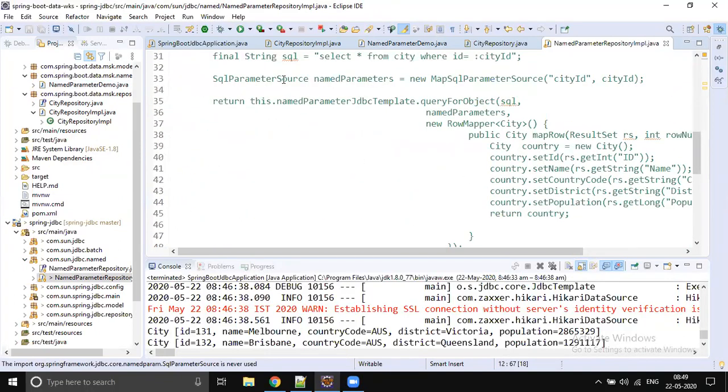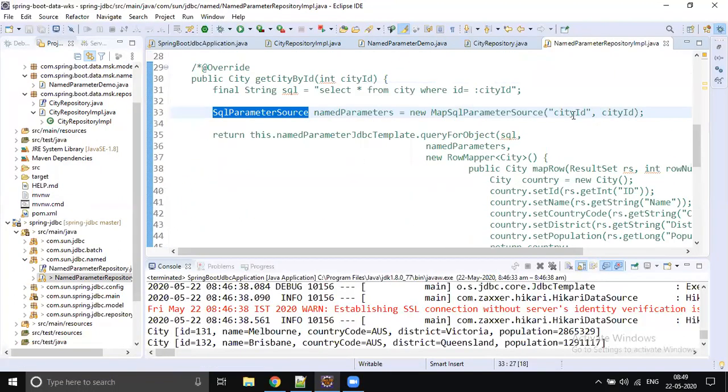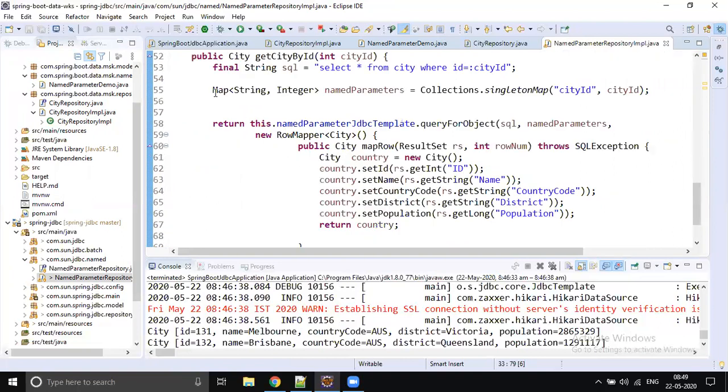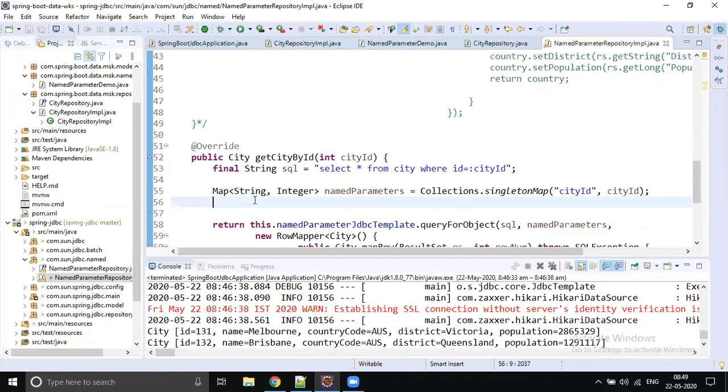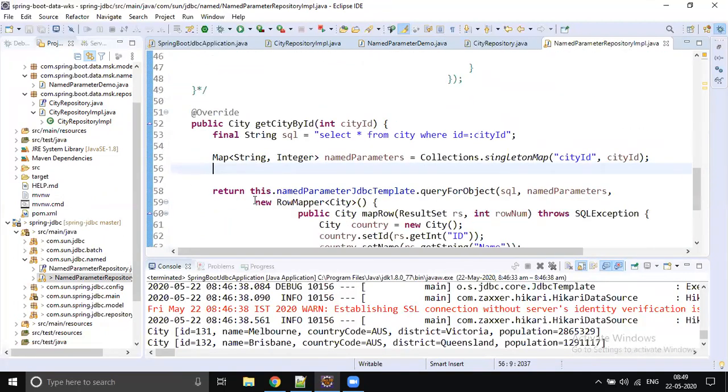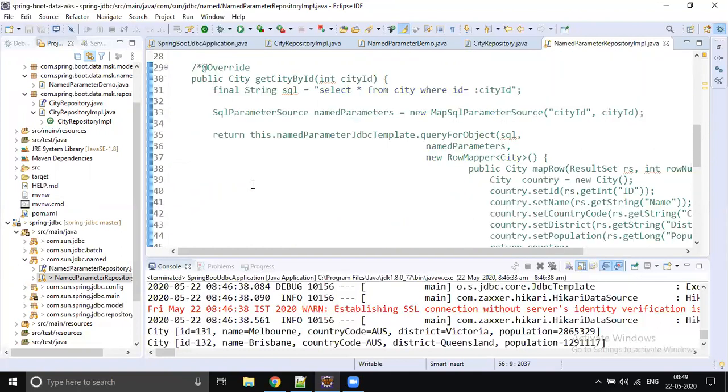You can create SQL parameter source and set the data like hash map and just pass that. But I feel comfortable using hash map because we were using this for so many years, right? There is no difference between using SQL parameter source or hash map. But it is also possible to pass SQL parameter source or map SQL parameter source.